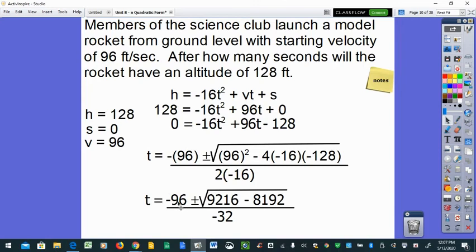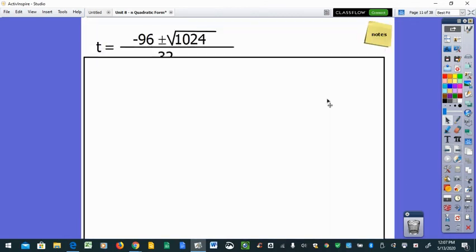So the opposite of the 96 and the 2A, pretty easy. 96 squared is 9,216, and a negative times a negative is a positive, times a negative will be a minus again. And this time, notice it's not going to be negative. We are going to get a number underneath that square root,